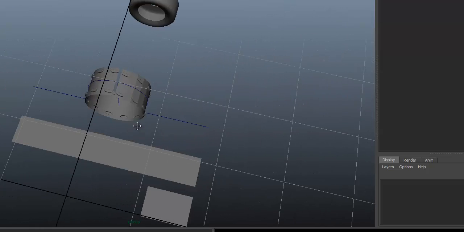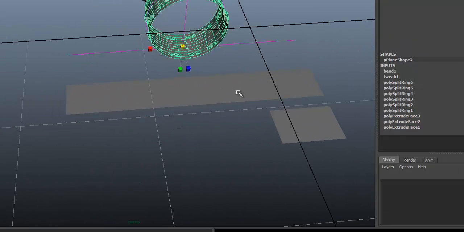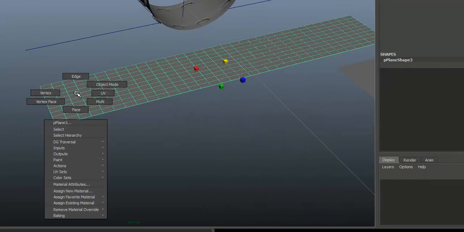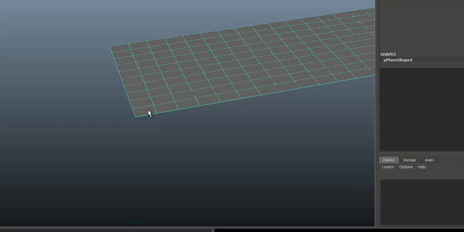Okay, so here's a real basic one. I just took that area and I added one more to it. So if you see, that's 24 sections. Now if I come over here and if I select a face,